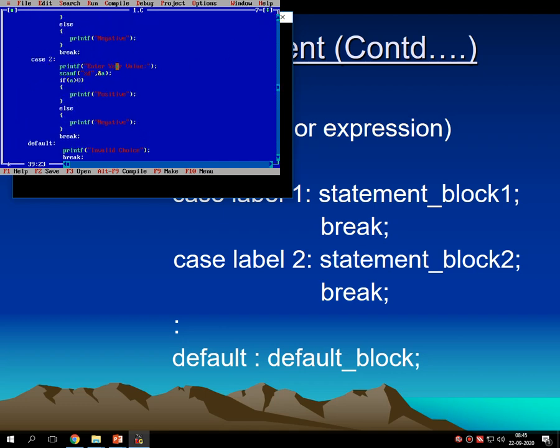Case number 2: enter your value, same. Now the condition will change: if a modulo 2 double equals 0, the number is even, or else the number is odd.